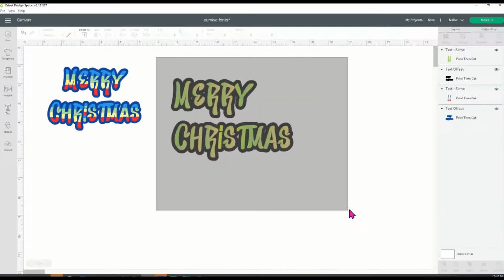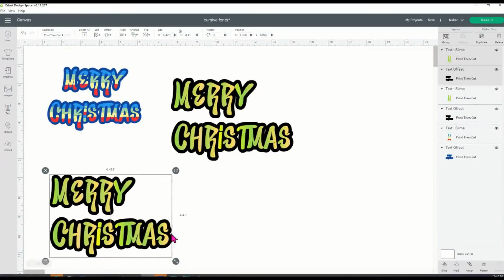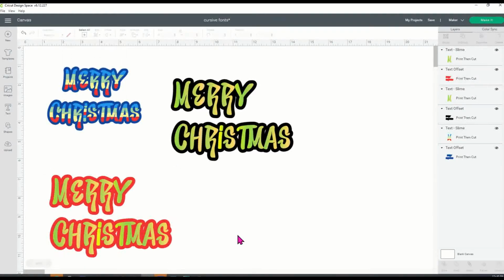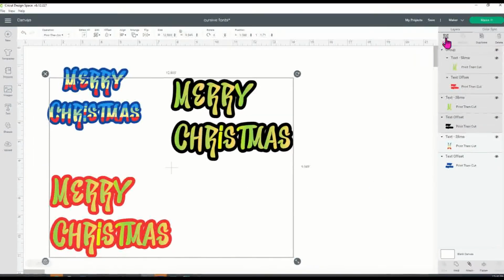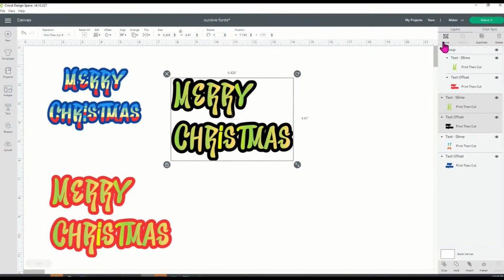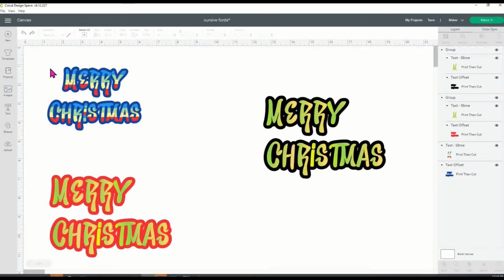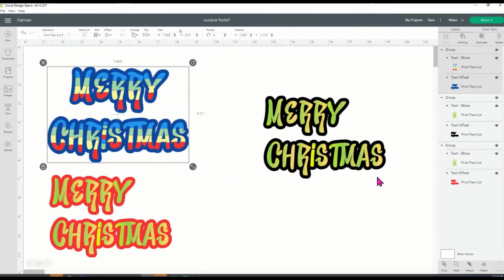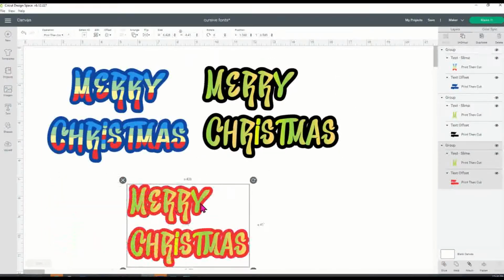The black is really pretty. So I'm going to play around with it, and I'm just going to duplicate this. And I'm going to change my offset on this one to red. Okay, a little different. But I just wanted you to be able to see, and then I'm going to put them both together by grouping them. Just highlight and group, and that way you'll have everything right there together. So now you can see all of these pretty, I moved that one. Let me make sure I group it. Now you have all of these different little stickers, so to speak, that you can create inside Cricut Design Space